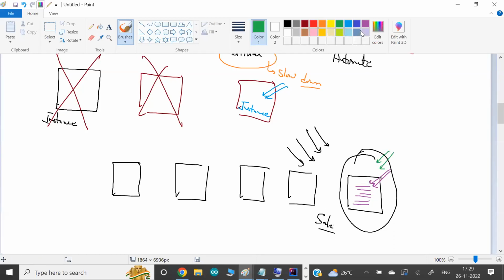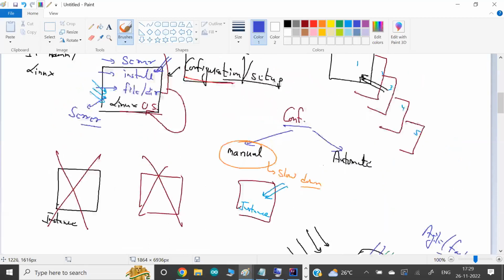What do we want? I want, as quickly and as agile as we can, to provide this setup. So in any of these examples, what I'm trying to explain is that manual never helps you. Manual is done by human beings. We human beings are slow, so things will be slow, and there's the possibility of error also. So that is the reason we want to configure the system, but I want the configuration to be automated.